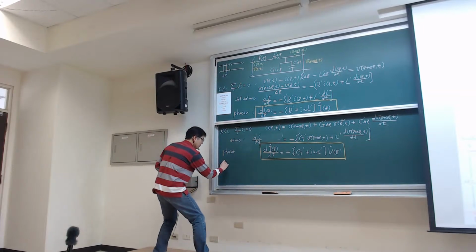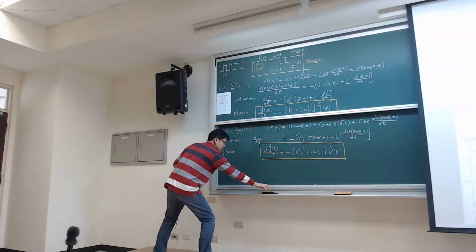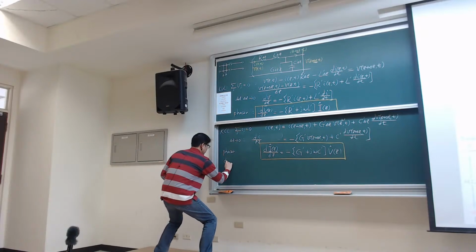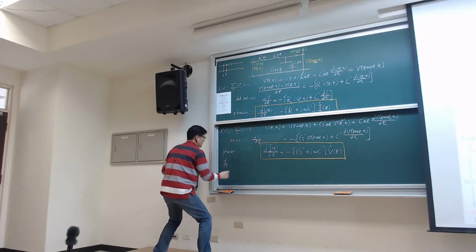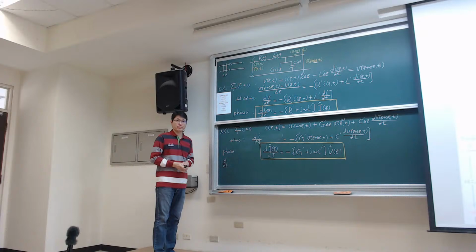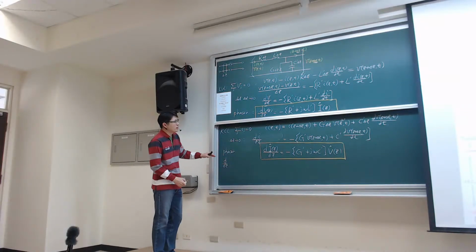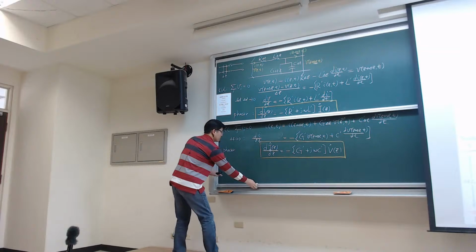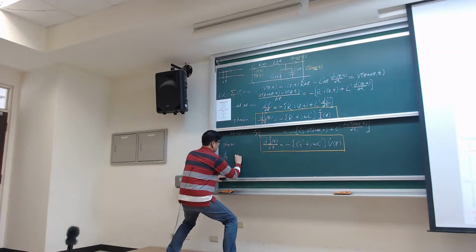Can I perform another differentiation in space to both equations? Okay. If I perform differentiation in space to both equations, I would come up with d squared voltage over dZ squared